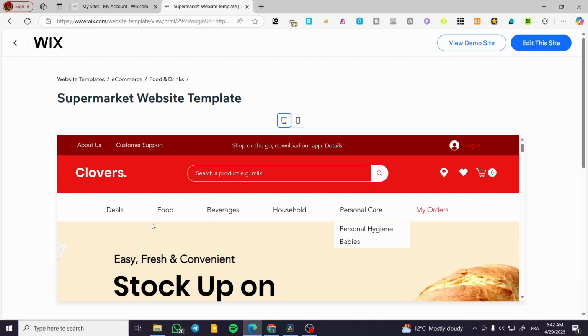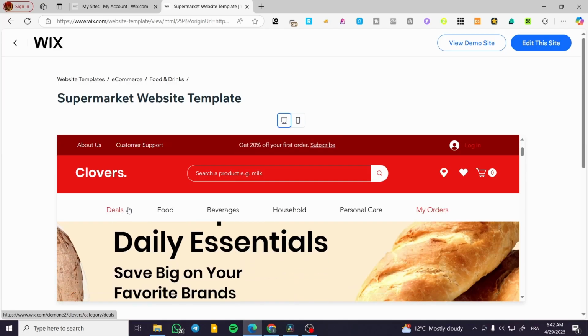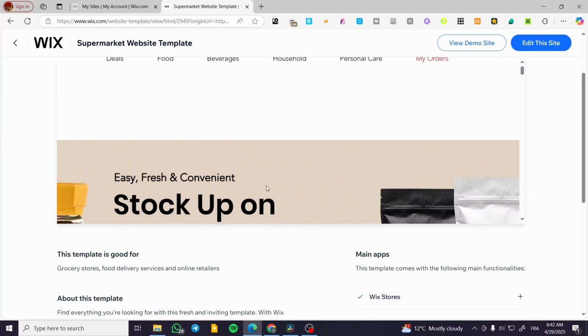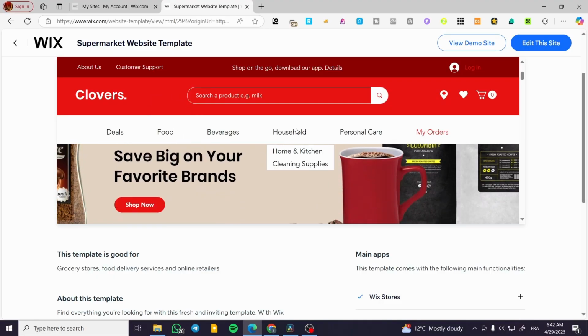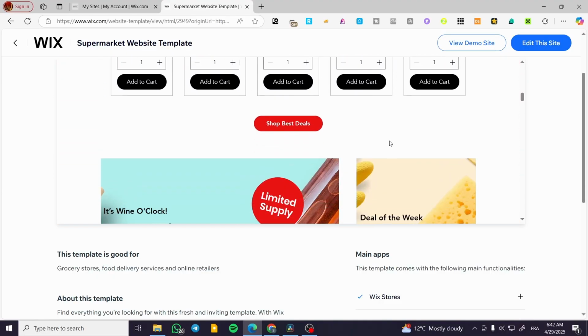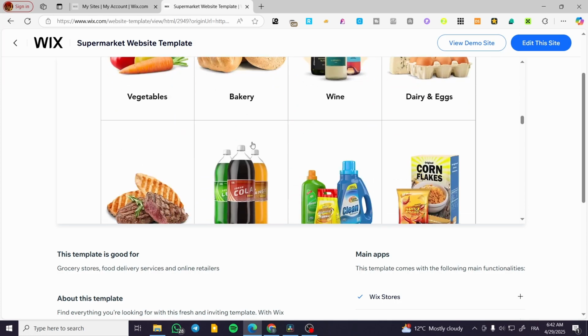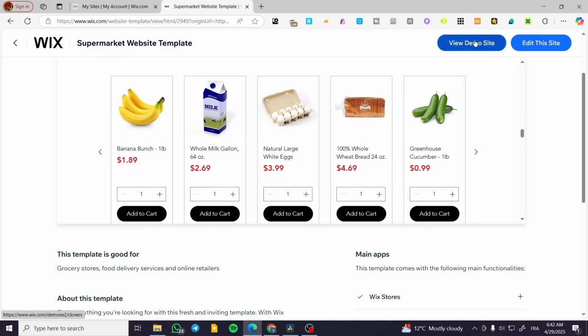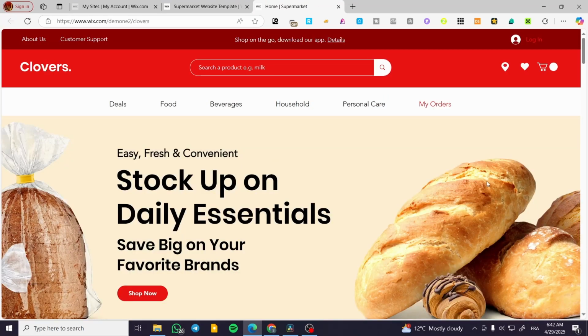Aside from, as you can see here, the type of the food, beverages, deals, and so on. The animations and also the cases are going to be a very cool created template. So I highly recommend this website or this template because it is going to be very realistic and